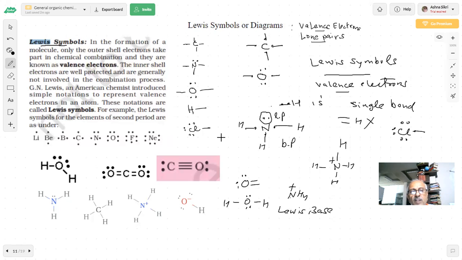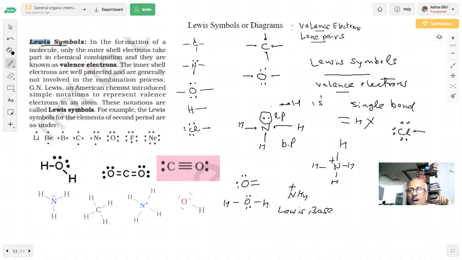Here I have CH4, the ammonium ion. I told you nitrogen becomes positive, students. And ammonia, nitrogen has a lone pair of electrons, and OH minus. Now, what is OH minus? OH minus will be used a lot in organic chemistry. When I prepare alcohols from alkyl halides, I will use OH minus because there is a negative charge on the oxygen. Interesting.